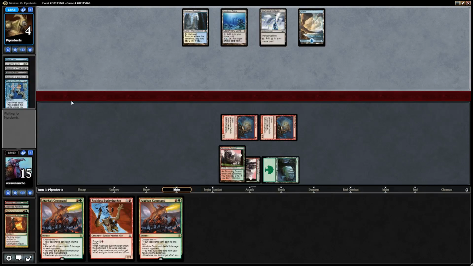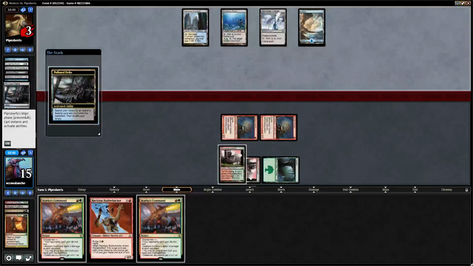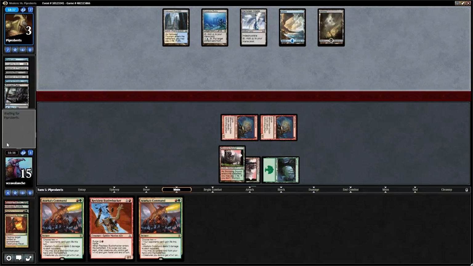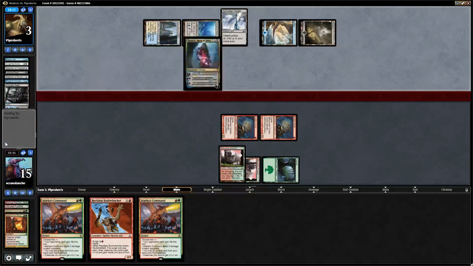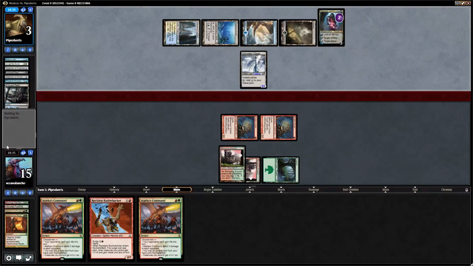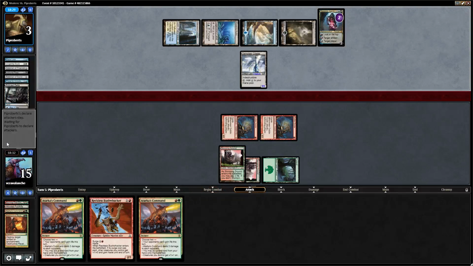So he found half the combo. Can't Lingering Souls unless he pays the life. Yeah, there's the life. I do have to worry about Mana Leak. And yeah, that's just another victory. So I'm wondering why he should have gotten Lingering Souls and just kind of...